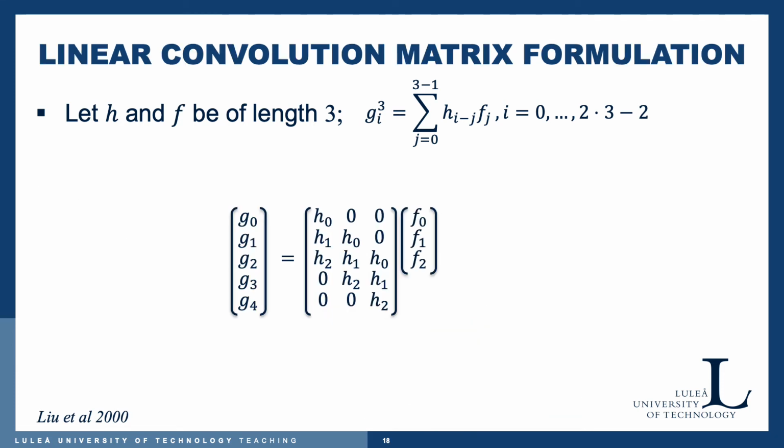This means that we can formulate the summation above as a matrix vector multiplication with the matrix given here. So it's a 5 by 3 matrix, which when we multiply by the 3 times 1 column vector f, will give us the 5 by 1 column vector for g, which we have just seen